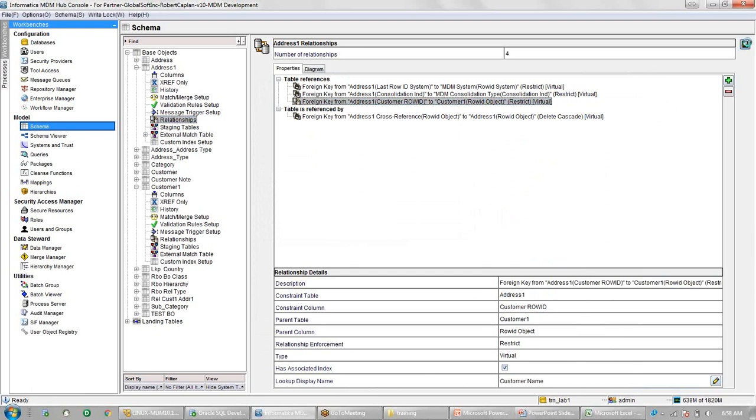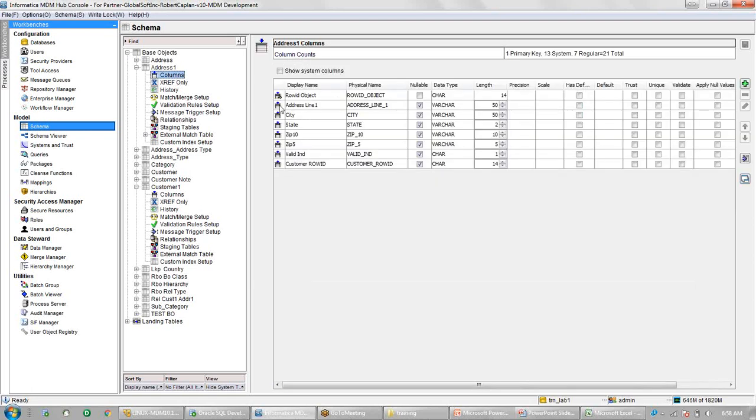Now this is complete. So why are we selecting this column? Let us discuss why I need customer name or any other column instead of row ID object. It is not for the MDM side, but for the IDD application, the Informatica Data Director, which is basically used for viewing the data, address data or customer data.